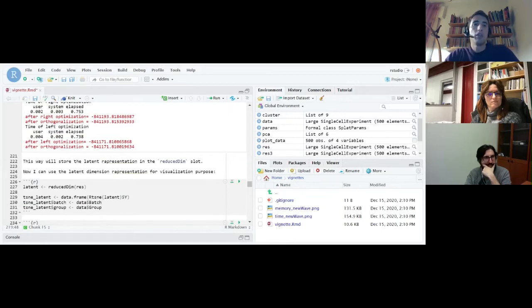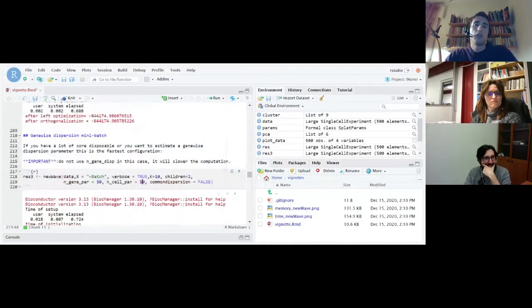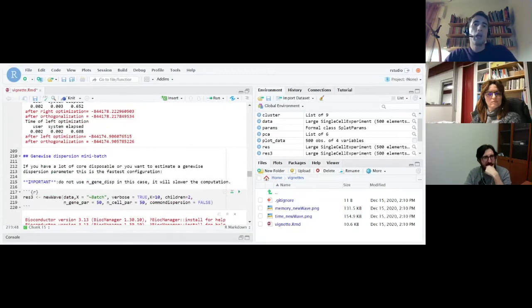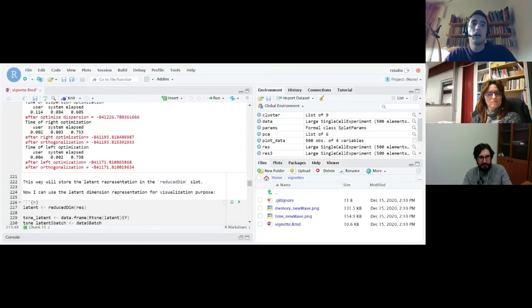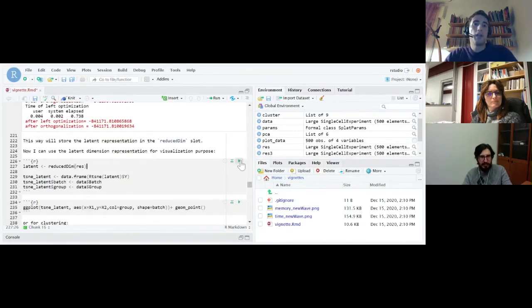The output of NewWave is a single cell experiment exactly like the input, but in the reducedDim slot there will be